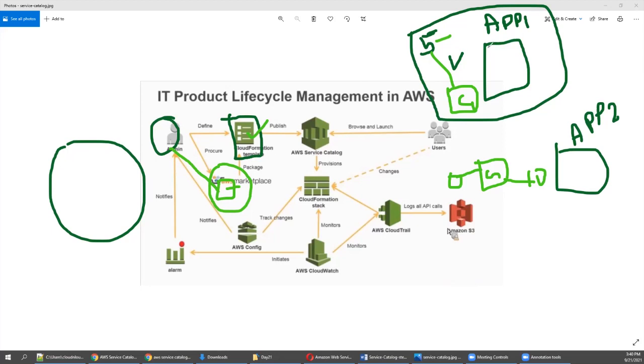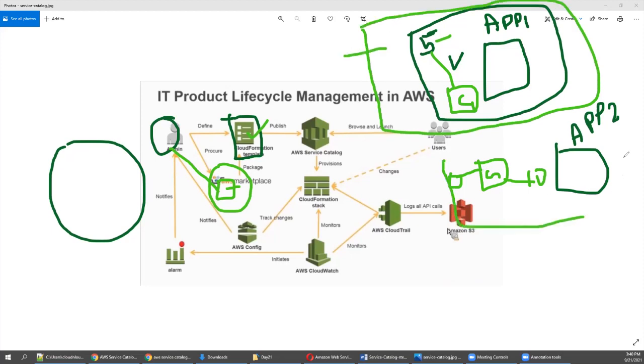Portfolio is simple. For application one, for requirement one, what exactly you need, that is what you provide as a portfolio. And for application two, team two, what exactly they need, that is portfolio two, because this requirement is different. Once you define it, they cannot play more than that. That is exactly the role Service Catalog plays.